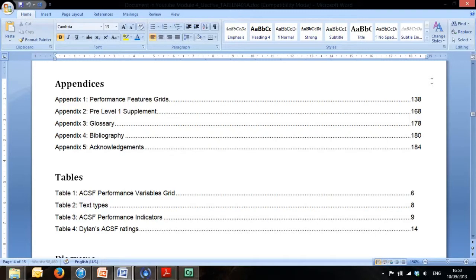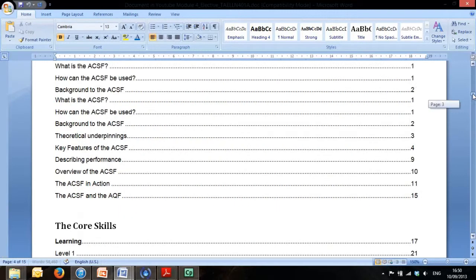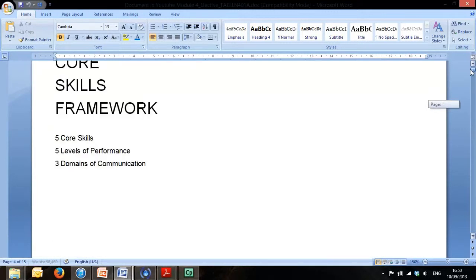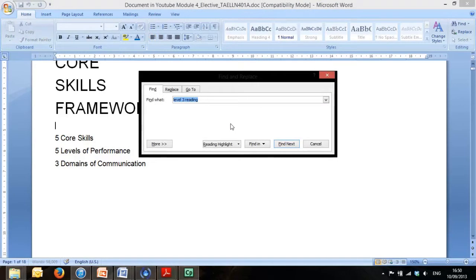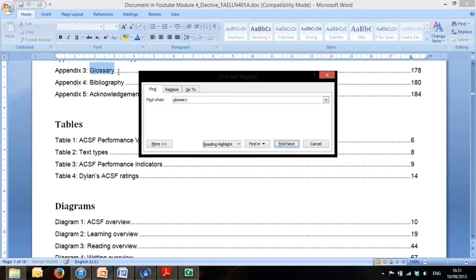So we'll go back up to the top. I mean, there might be 4 or 5 pages on some documents with their table of contents. So we go back up to the top and we can use an electronic form of finding the glossary. So we hit the Control F function and we can type in, under the little find box there, glossary. So there, the find next prompt takes us to the first place that it would show up, which is in